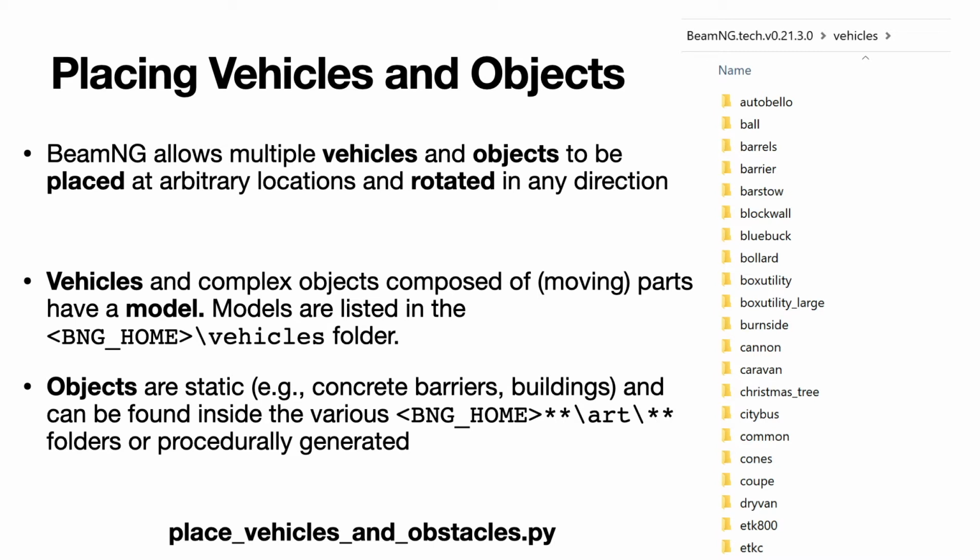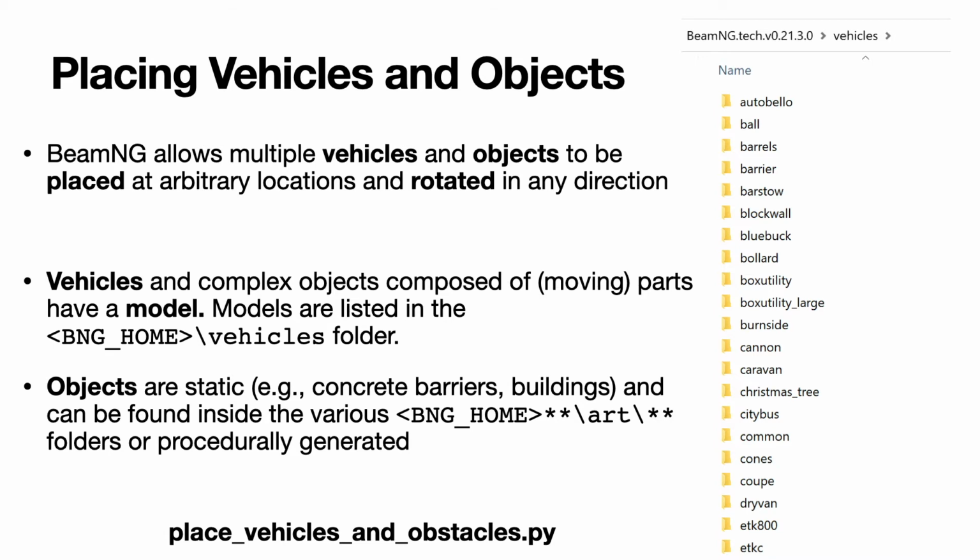The counterpart are obstacles or objects that are static, things like buildings and concrete barriers, and they can be either modeled in outside programs and imported into the simulator, therefore used also in your test, or they can be procedurally generated. So simple objects like spheres or cubes can be generated directly from the API, as we will see in a